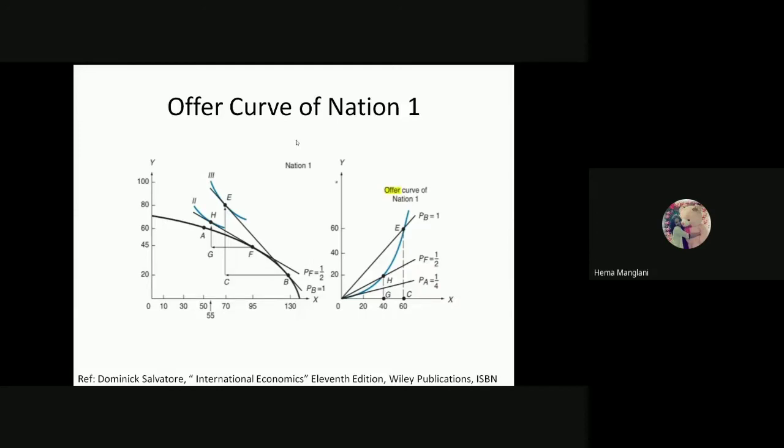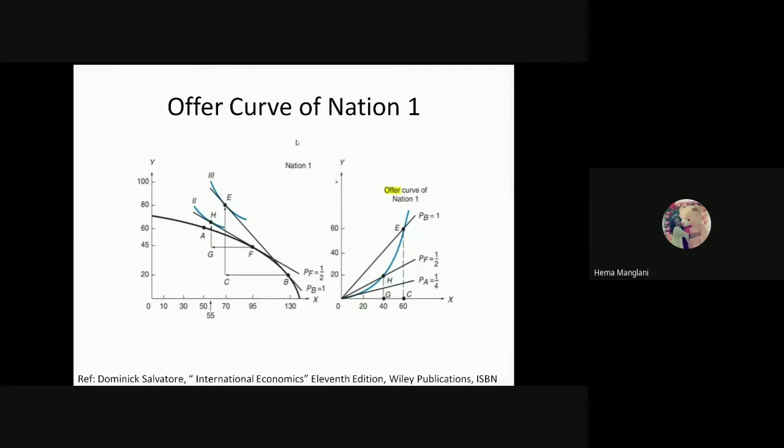The reference we are taking is from Dominick Salvatore itself, and I hope you all have the ebook of Dominick Salvatore. It was shared last semester too. Okay, so we have first the derivation of the offer curve of nation one. Now to understand this, we should understand some of the basics too. I feel they have been given in the new trade theories, particularly these concepts, but they are applicable to all the stages of international trade. They are applicable equally to the classical, neoclassical, and the new trade theories. So here I would discuss those first.